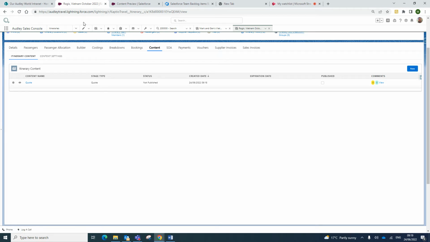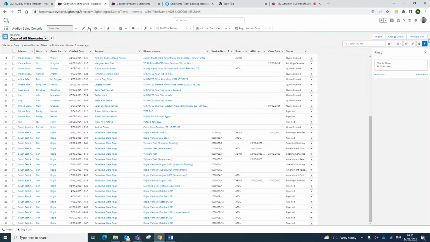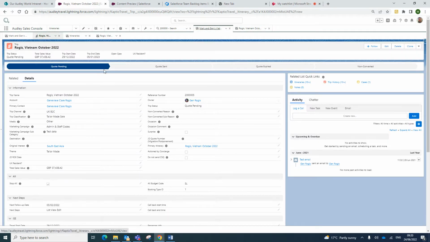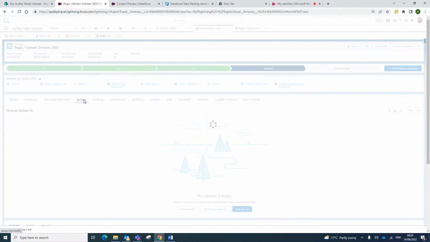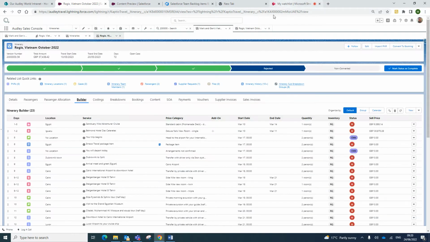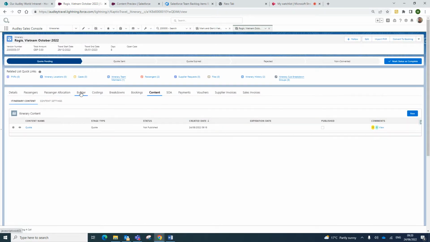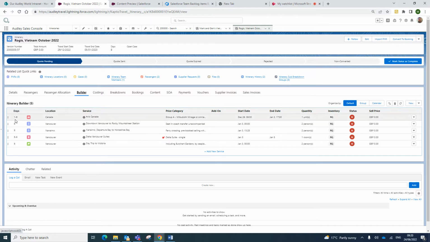So I'm trying to look at sort order. So what I've done is, let's get into it. So in builder, no, wrong one. This one, here we go. In builder, we've got a car hire here,